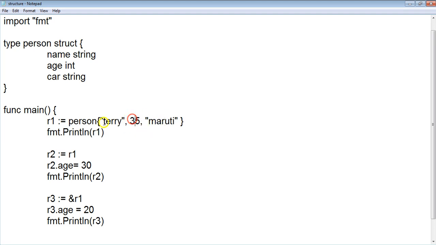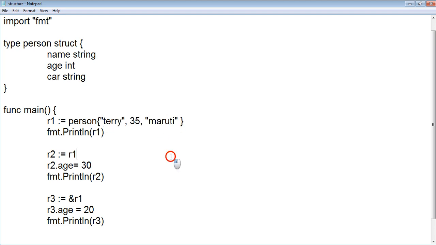These three arguments are mapped to the three data fields at the top. So when we give r1 assigned to person of Terry, 35 and Maruti, Terry is assigned to the name string, 35 to the integer age, and Maruti to the car as a string. When we format and print this, we'll get this formatted output.